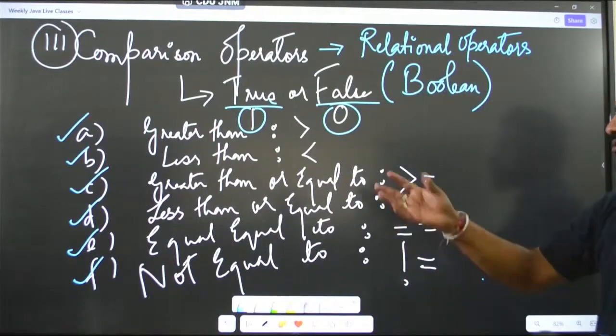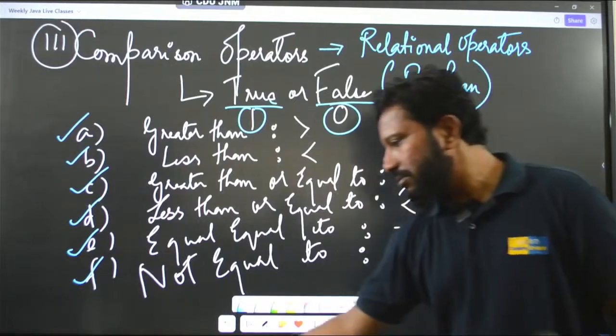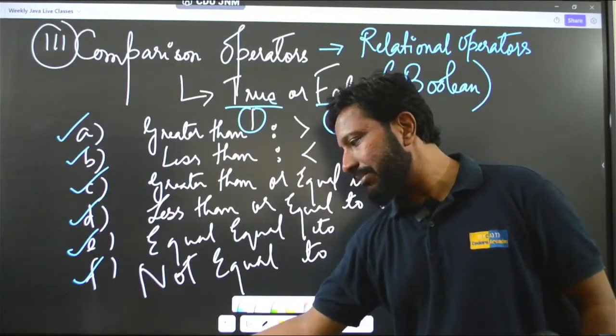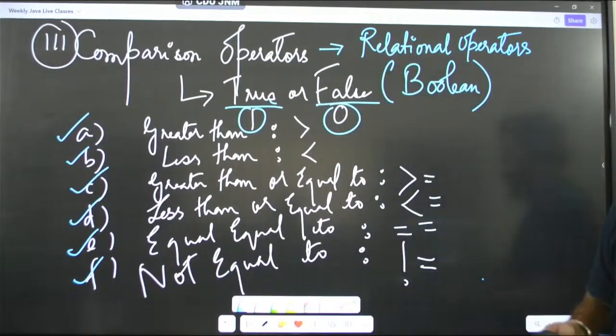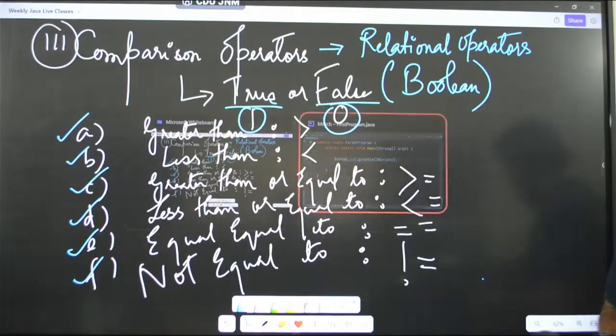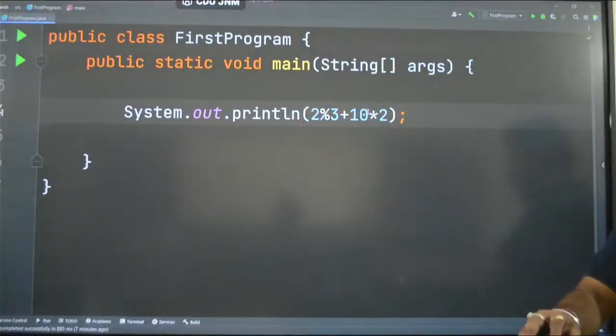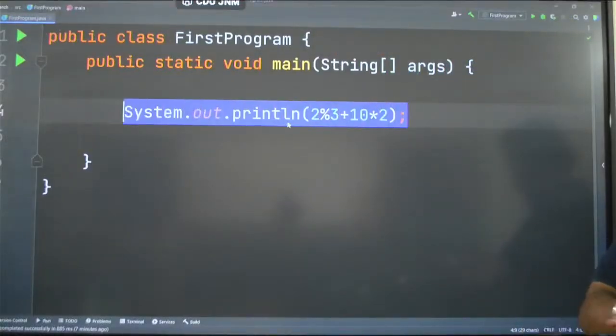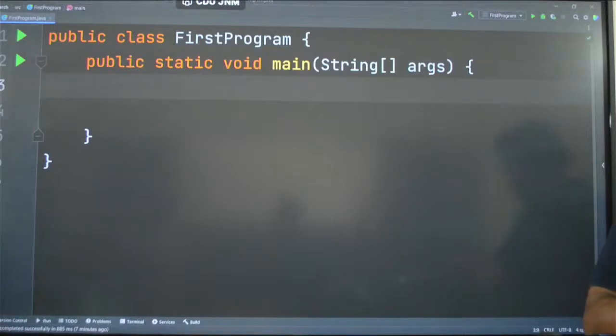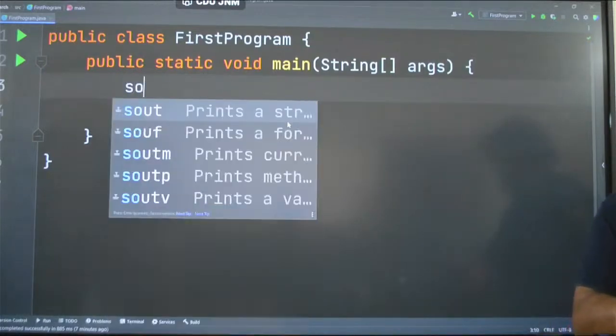So let's go to our IDE again and try to understand them better with examples. So I have two variables. Rather than variables, I can directly write it in the print statement only. I will say S out